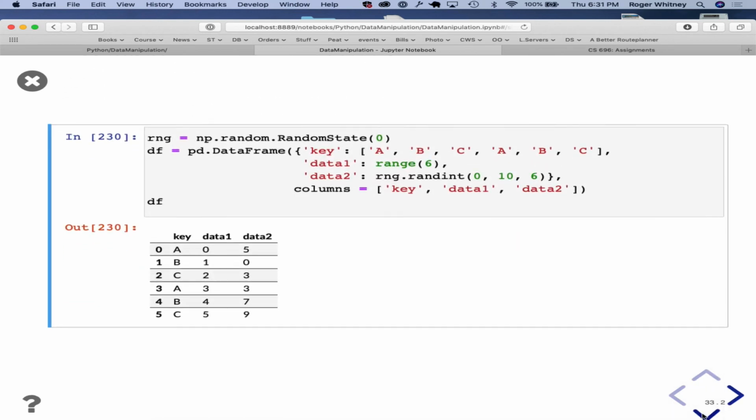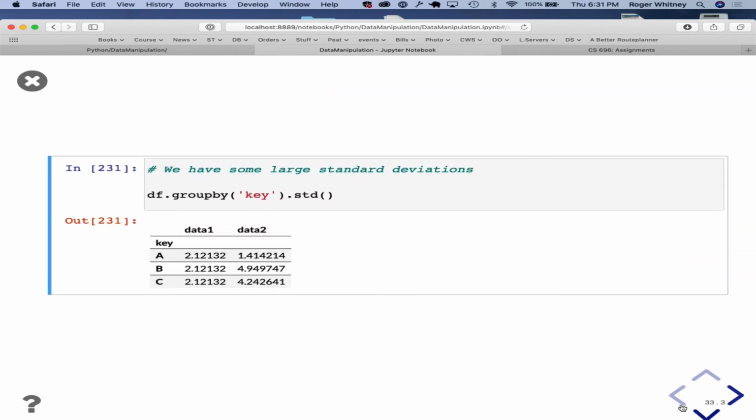You can filter data. Again, sample data, standard deviation, right, on each key.